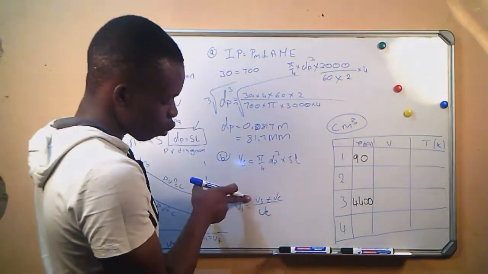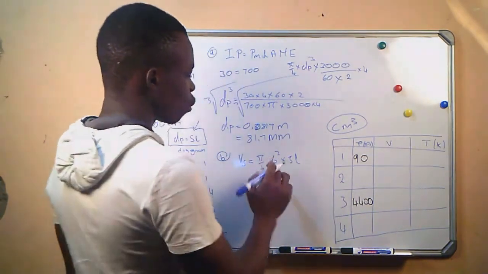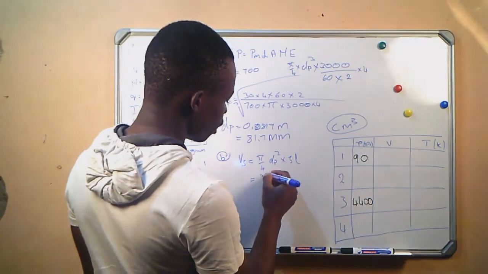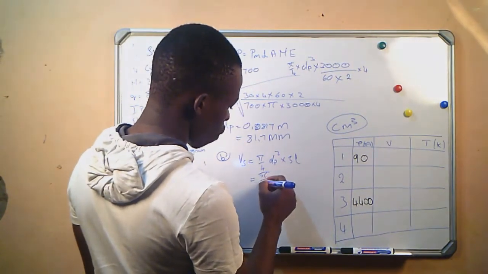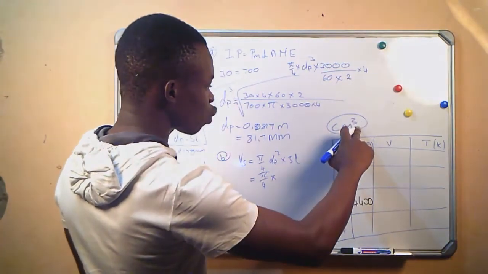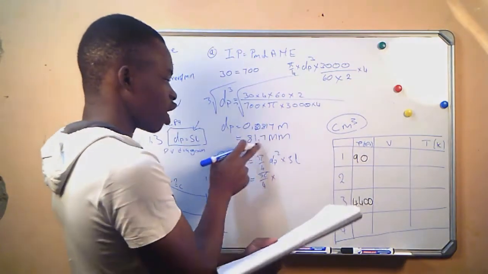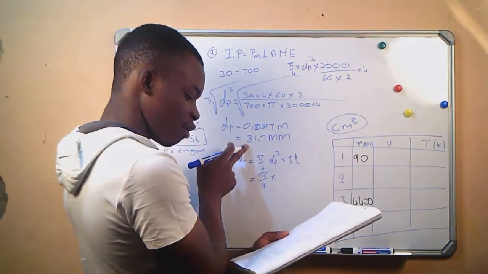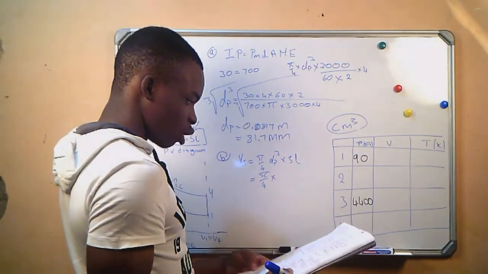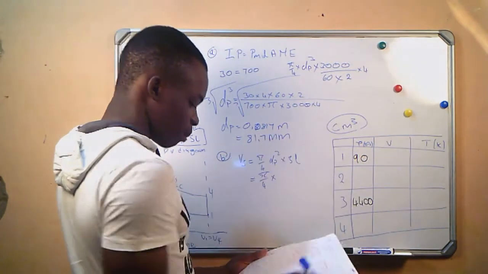So first we are going to calculate the swept volume and the clearance volume. We already know that the stroke and diameter are equal, therefore we are going to say pi divided by 4. They said we must calculate in cubic centimeters, so we change the piston diameter here from millimeters to centimeters so that we do not have to convert back to cubic centimeters from cubic millimeters,